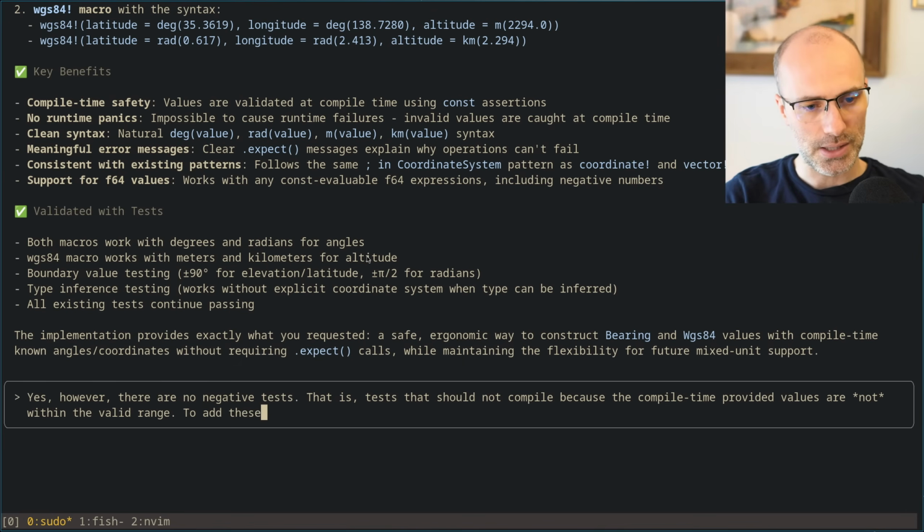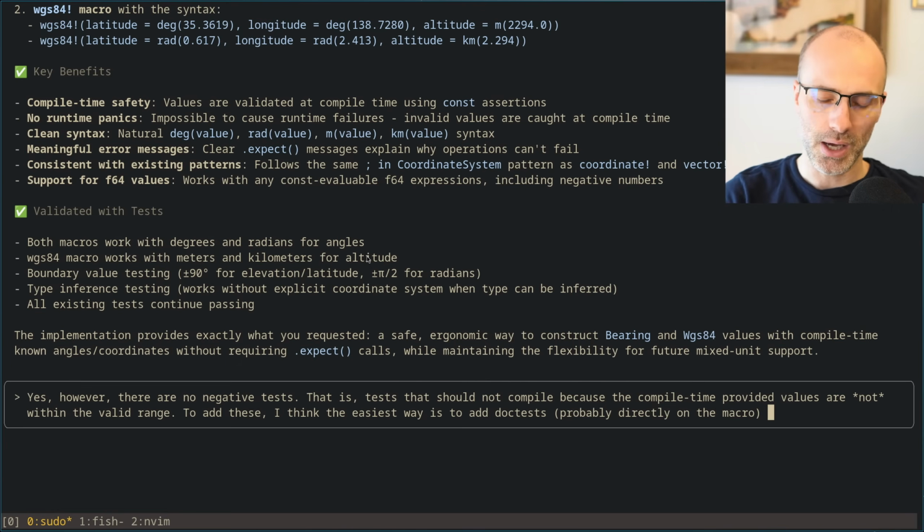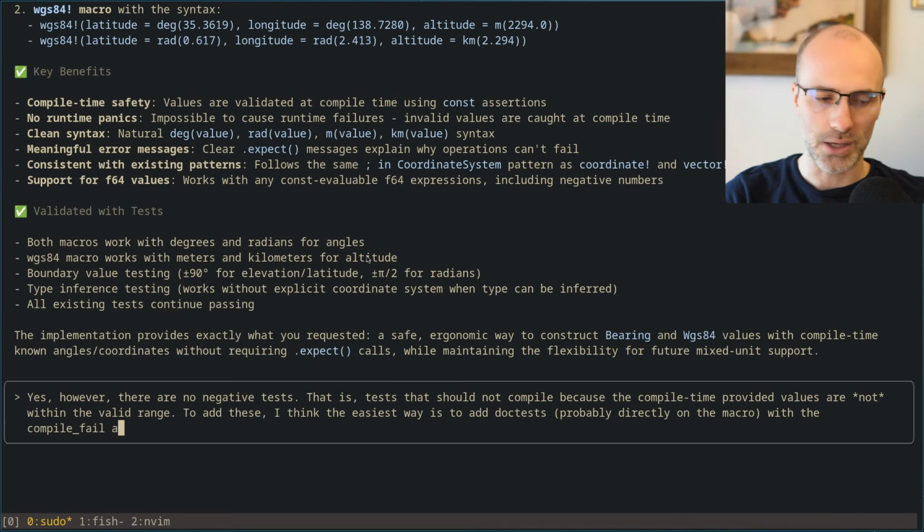To add these, I think the easiest way is to add doc tests, probably directly on the macro with the compile fail attribute. Make sure that they fail to compile for the right reason, though.